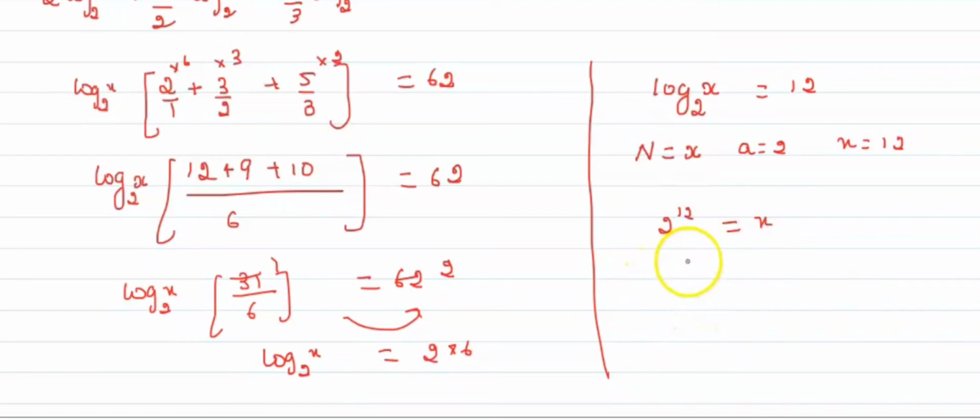So what is the value of 2 power 12? Just calculate it. 2 power 2 is 4, 4 to the 8, 8 to the 16, 16 to the 32, 32 to the 64, 64 to the 128, 128 to the 256, 256 to the 512, 512 to the 1024, 1024 into 2, that is 2048. Therefore the value of x will be equal to